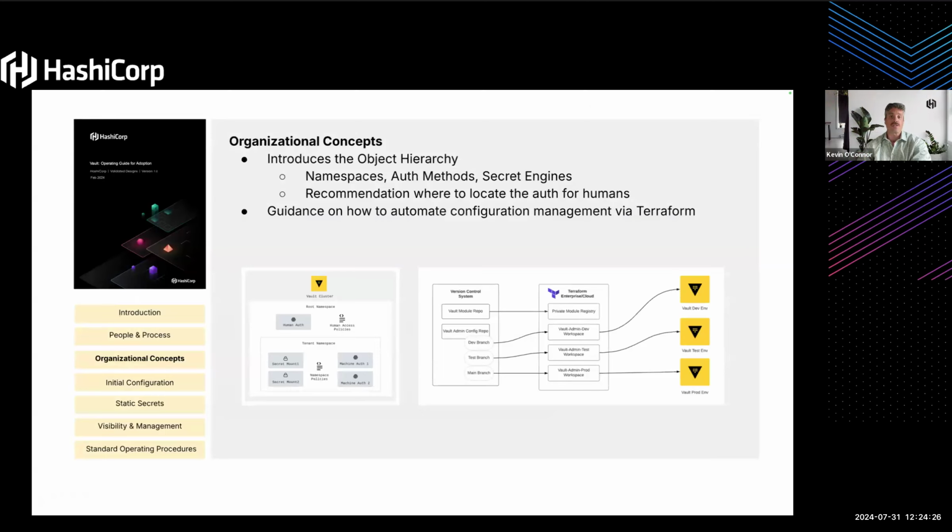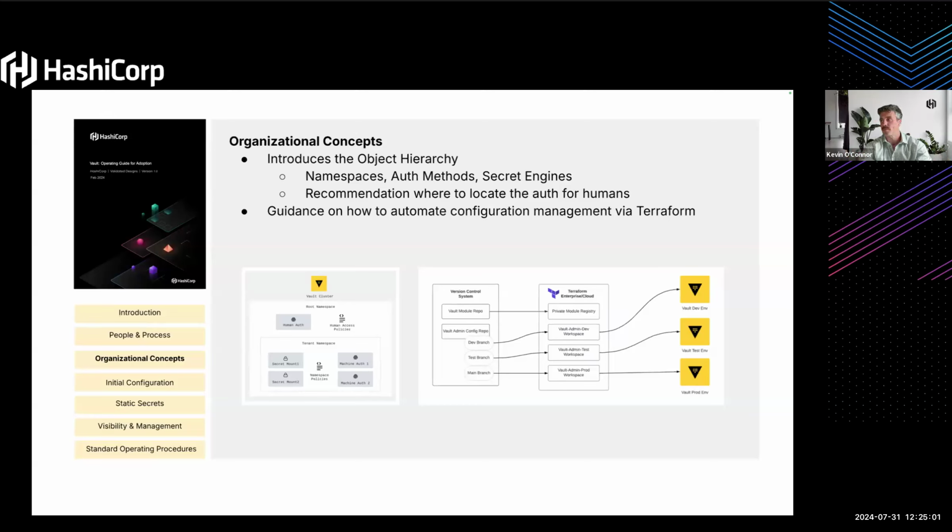a question we often get asked is, how should we organize our hierarchy within Vault, right? This is something we get asked about all the time by our customers, especially when it comes to namespaces and that sort of thing. So first, just to give an understanding of how Vault is laid out, we've got our root or admin namespace at the top level. And once in that namespace, an admin can create multiple namespaces, just like a folder structure, essentially nesting them. And each namespace has its own authentication methods and secrets engines and policies, specifying who or what can